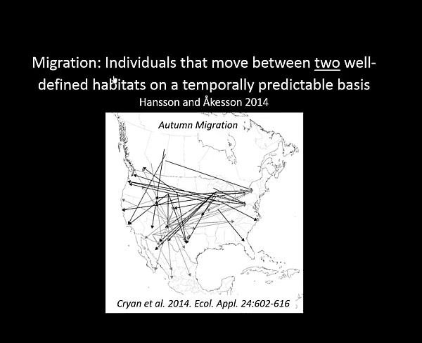So this is a graphic that came out of a stable isotope paper by my colleague Paul Cryan and others. It's trying to describe the potential migratory paths of bats based on stable isotopes. Again, we can see it's a bit of a mess, but there is a trend towards coastal and southward migration. But it makes an important assumption, and that is that bats are traveling in a unidirectional way between their summer habitat and their winter habitat. So we were hoping, through the use of these GPS tags, to gain some insight into the path that the bats actually take and maybe the habitat features that they're using.